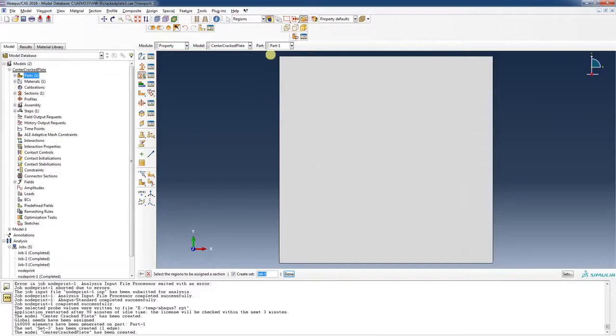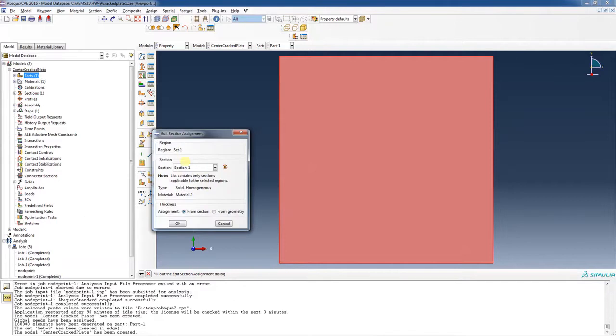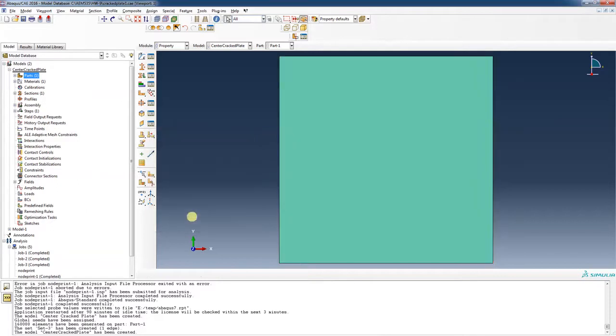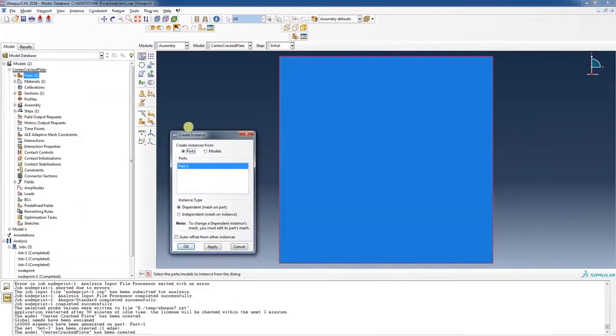Now we're going to assign our section individually. We're just going to make a big box around this object. And here it is. If we had chosen the wrong thing, if we had chosen shell by accident, we would not have a section that would show up in this list. Right, and there we have it. Alright, so we're done with our property. We're going to come down here to assembly. We're going to instance the part,